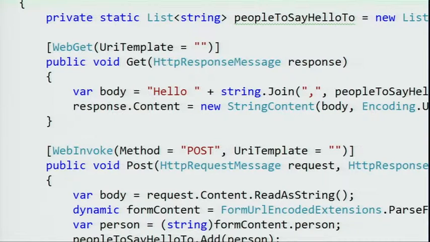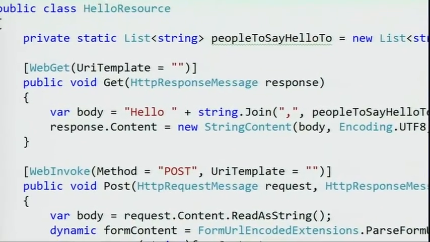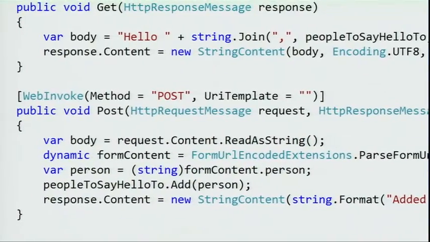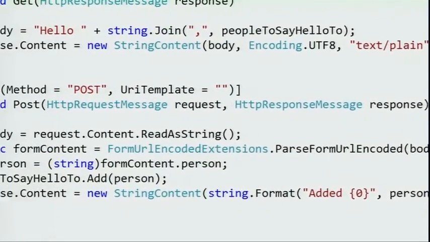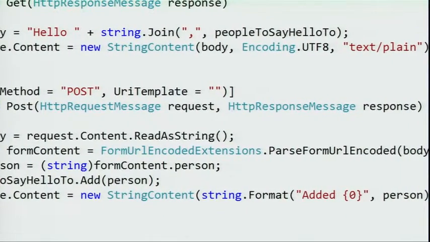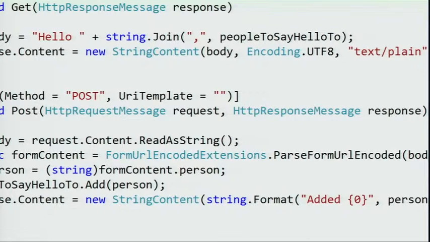These are strongly typed representations of HTTP, and they're aligned very closely with the spec. So it's not giving you an abridged view of HTTP. It's saying everything that the spec says should be exposed and that you should be able to do is available through these messages. So if we look at the code here on the post, one of the things you can see is I'm taking in a request and I'm taking in a response as parameters. What's nice about that is I no longer have static APIs. I don't use the web operation context, if you're familiar, which is the older way that we do it. I just get these nice parameters that get plugged in.